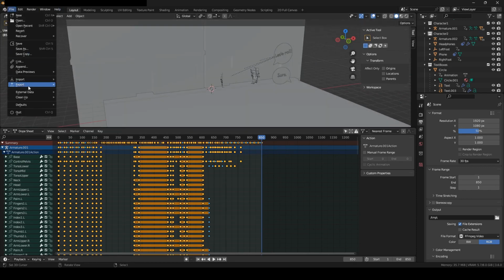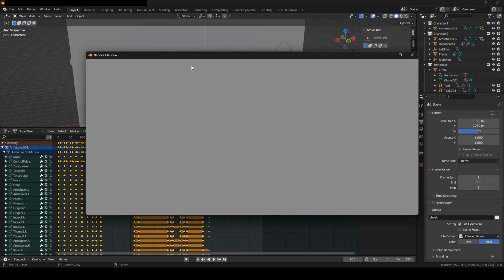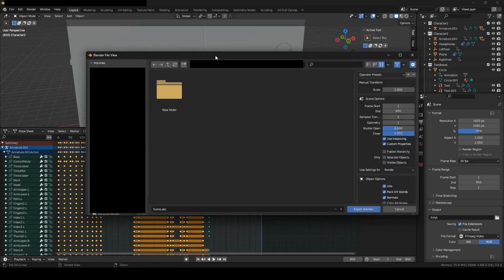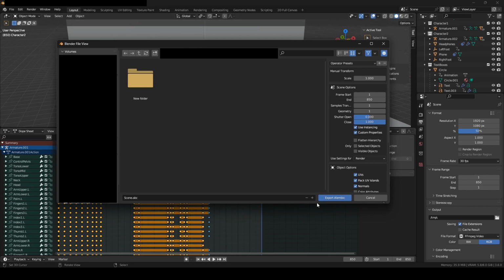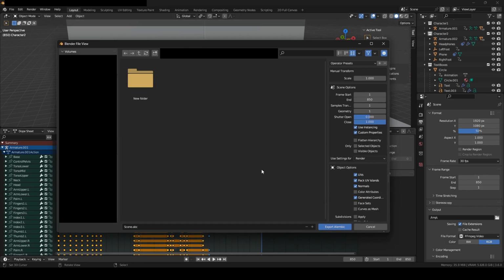So then you can go to export Alembic, and some things are going to be blacked out on my screen depending on what's being shown. Also, apologies if you hear any sound. Unreal kind of makes the fans on the computer whir. But when you go to export it,